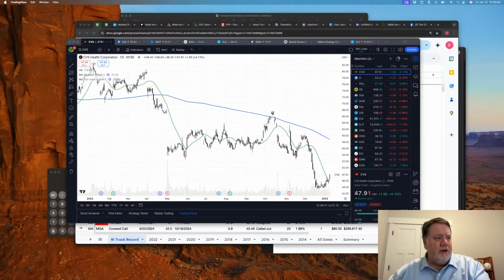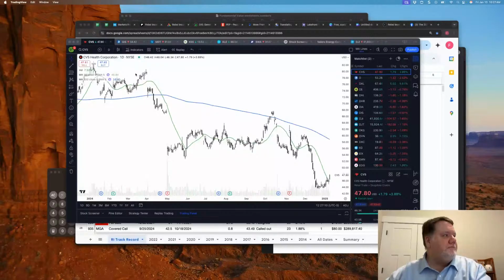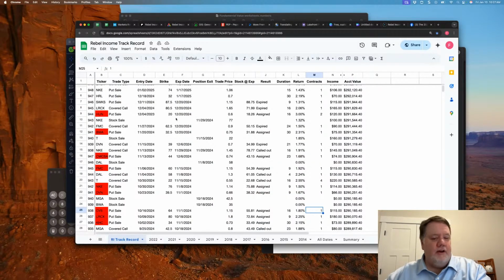As things are, the fundamentals for CVS are still solid. There are some things going on. They're going through some difficult times. So is Walgreens, but it's still a good company. The value proposition is still really nice. So I'm going to go ahead and ride that out. That would be a much harder decision to make if I had 400 shares as opposed to the 100 in my account now. So, okay. Enough said. I've beaten position sizing enough.